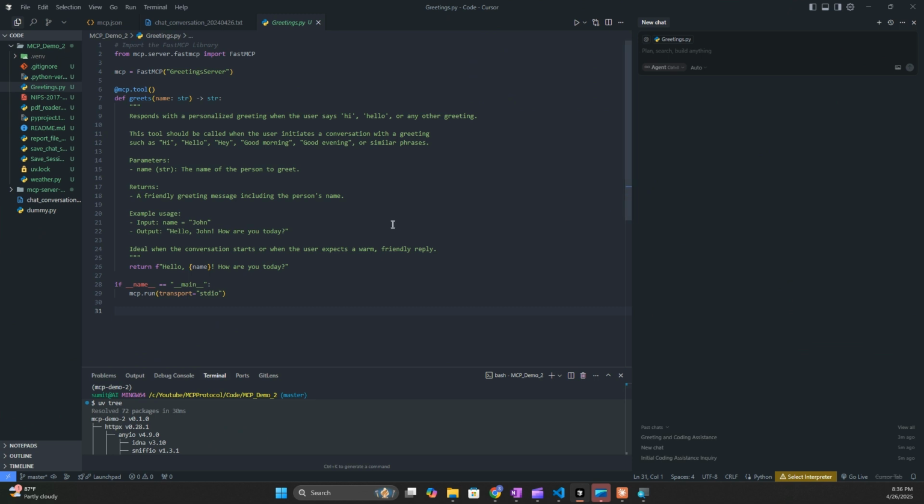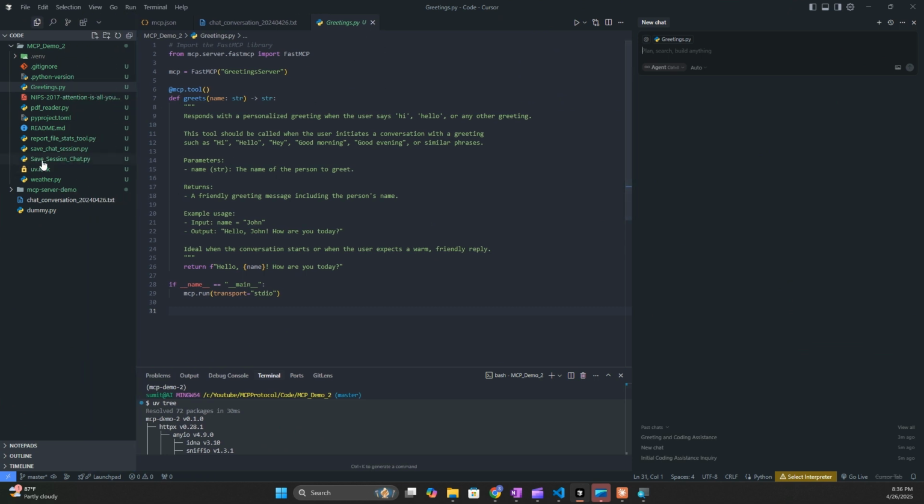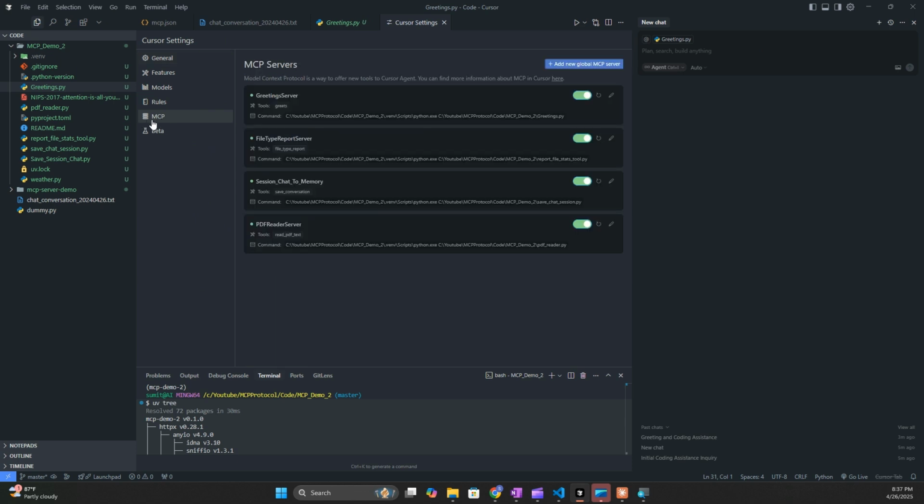So here we have the cursor. I have the same folder open here. For cursor, in order to register our configuration for the MCP servers, it's very easy. You have to go to settings, and in settings you have this MCP option, and inside this, as you see,